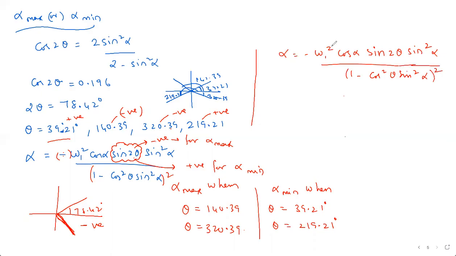So when do you think that alpha is 0? Whenever, see, these are all constants. You can't make it. Alpha cannot be 0, right? You can only do that this one can be equal to 0, right? For acceleration to be 0, I can simply say that sine 2 theta should be equal to 0. Or when is sine 2 theta value equal to 0? Whenever theta is 0, right? Yes, I can say that sine 2 theta should be equal to 0 for alpha to be equal to 0.